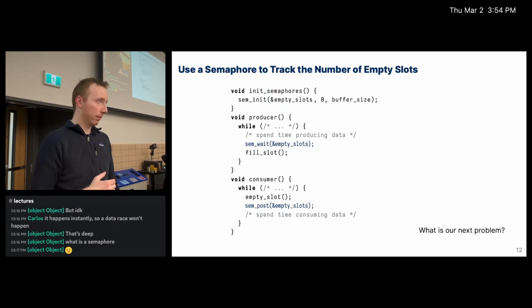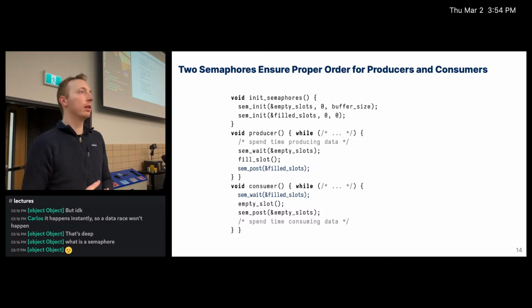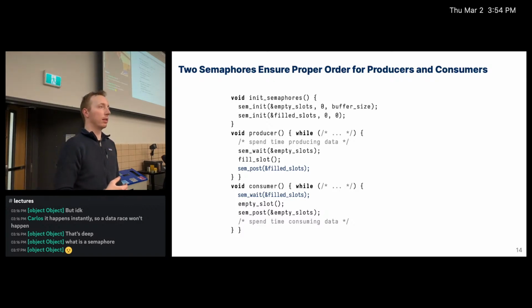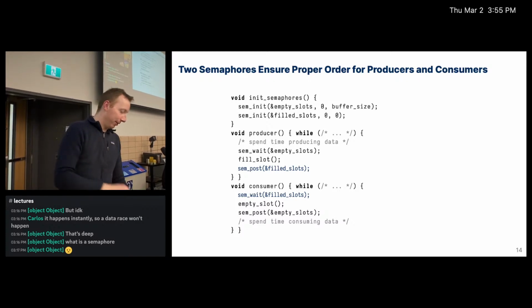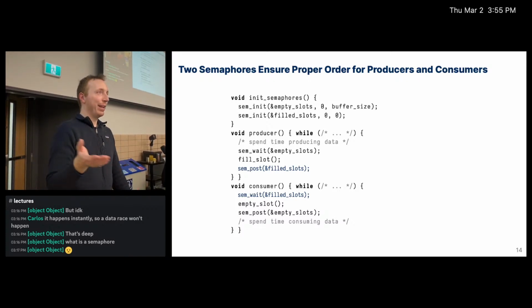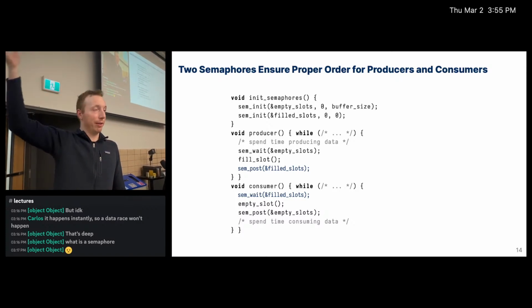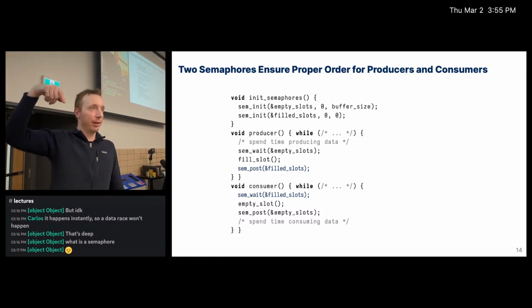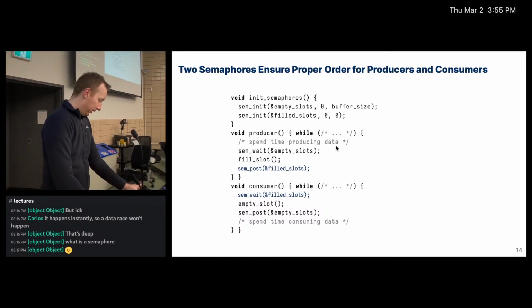I don't know if I just missed this in the implementation of fill slot, consume slot, or empty slot, but do they atomically increase the pointer for where the consumers are looking as well as consuming the data? Yeah, that's a good point that you're thinking about data races. A bunch of consumers are using a pointer and all the producers are using a pointer. So if you actually go and look at the code,